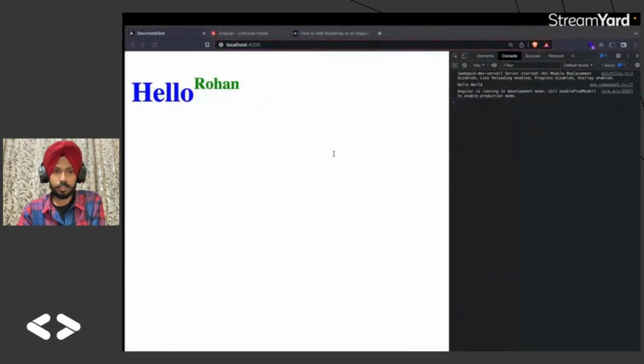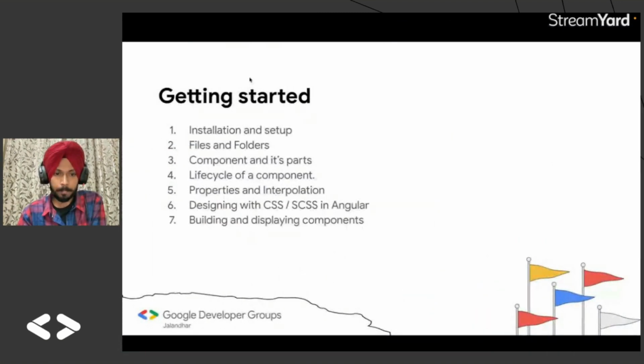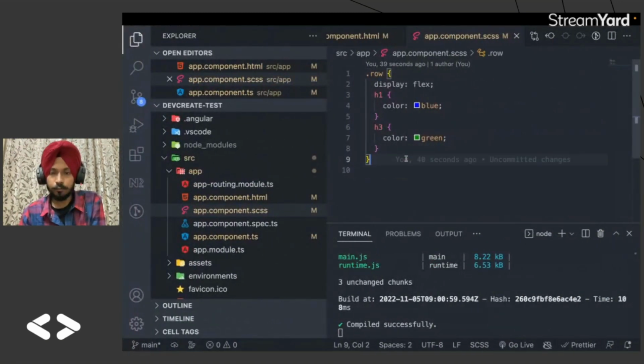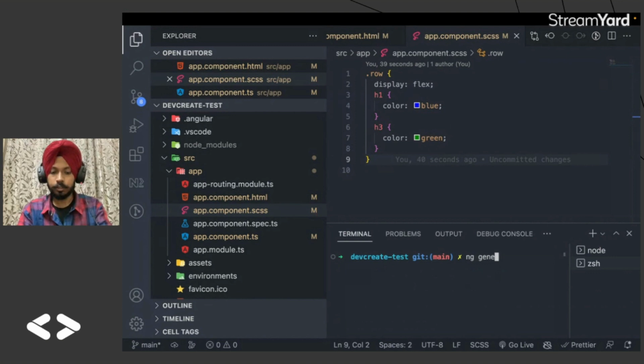Okay, then let's move on to the next topic, that is building and displaying components. So when we talk about components, let's create a header and footer for this component. When we have to create a new component, we have to run the command ng generate component, and we have to pass the path of the component. So let's say